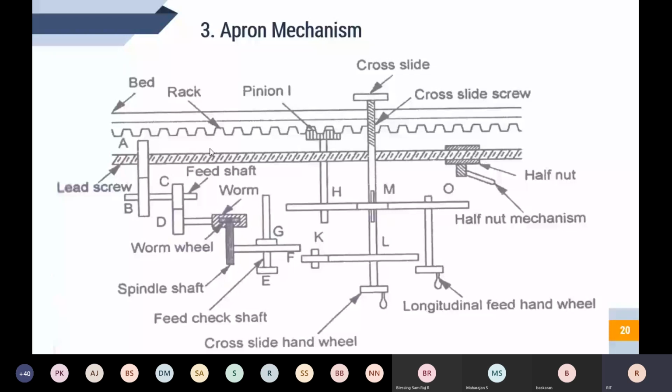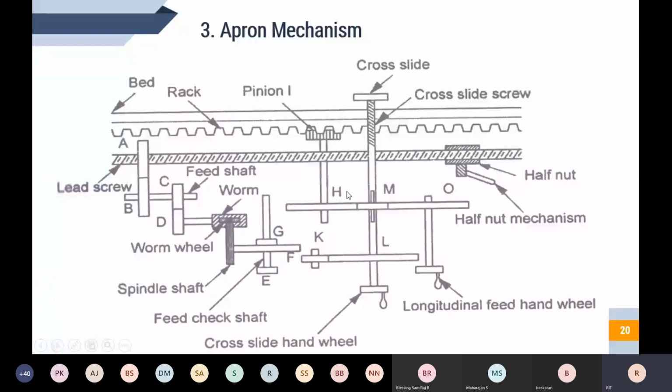bed. See, this is a longitudinal hand wheel, this is a cross slide hand wheel, and this is the front end of the lathe. It is also used to provide the power feed to the carriage during thread cutting through the two half nuts technique. Power is transmitted from the spindle to the lead screw and feed rod through the spindle gear and the tumbler gear arrangement. So you see that when we engage this gear, automatically one gear will transmit the power to the headstock. It's an apron mechanism, most important, a highly sensitive mechanism.